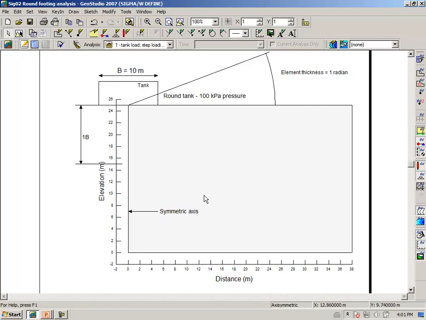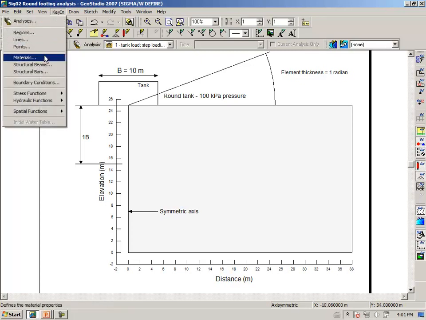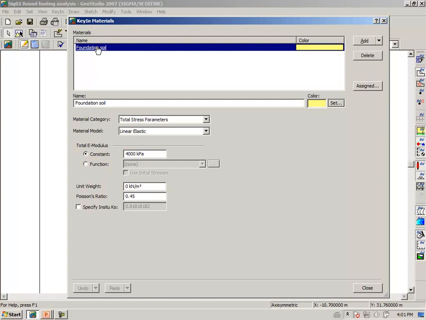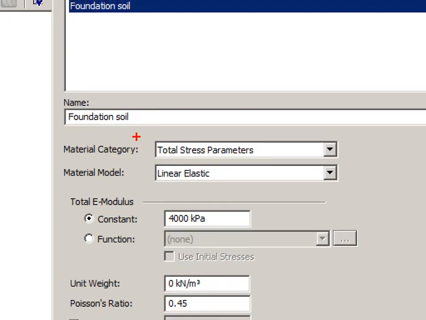To begin with then, a material has already been defined. Key in Materials, the foundation soil. Notice that we have selected total stress parameters here. This is because we can use this material category as we do not want to say anything about pore water pressures. It's a linear elastic type of model, and we have assigned the total Young's modulus to the soil of